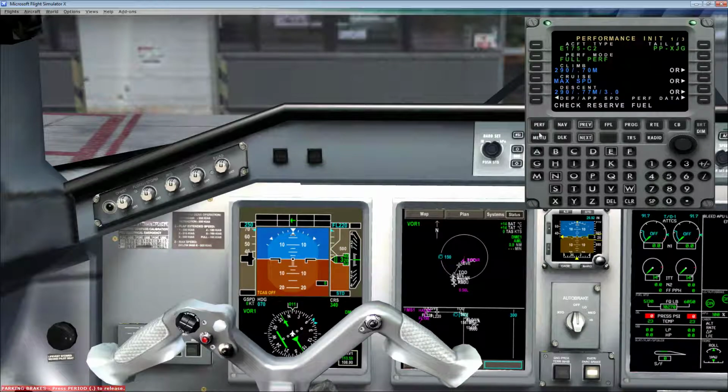So we're going to go perf init. You can go perf and perf init too. That's another way to get there. And let's go to page 3. So page 3, it says 3 of 3 up there. Fuel 10280. There's a cheat that they give us here. So hit clear to clear this out, and then hit